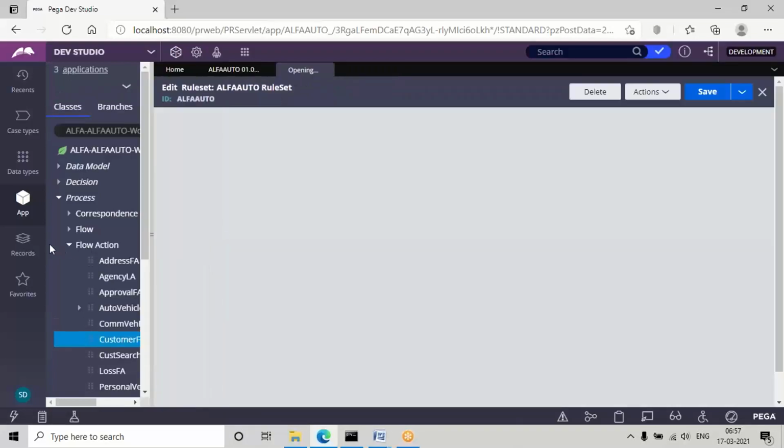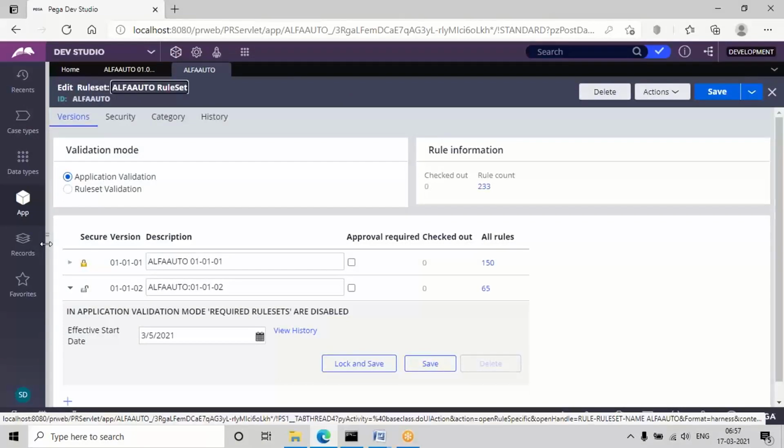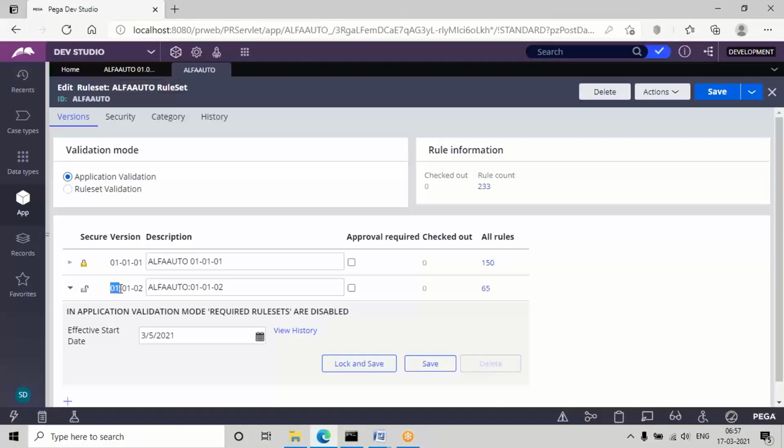What skimming means: if they want to increment the major number or minor number, a skimming wizard will be there. Suppose they want to increment the first number or second number, then they need to go for the skimming option. What is skimming? If you want to erase all the duplicate rules which we have in multiple versions, and if you want to move all the latest version rules to one new highest version.